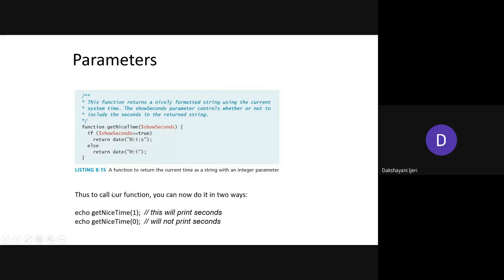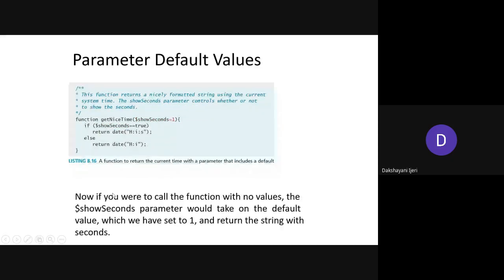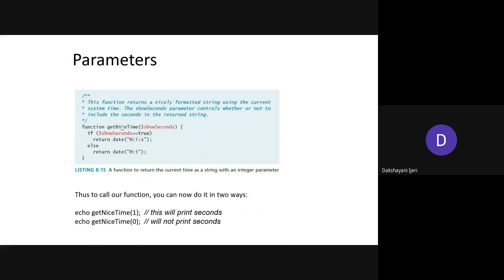Instead, you will get an error, right? In this case, where you have given a default value to the parameter, if you call the function without the parameter, the parameter is assigned this value. If you call it with a certain parameter, that parameter itself is considered. Okay, that is the difference between having a default value and not having one.